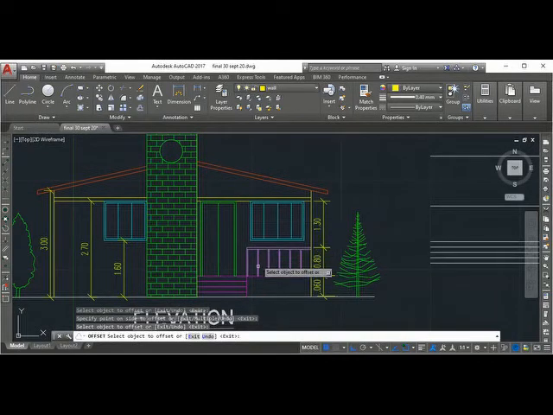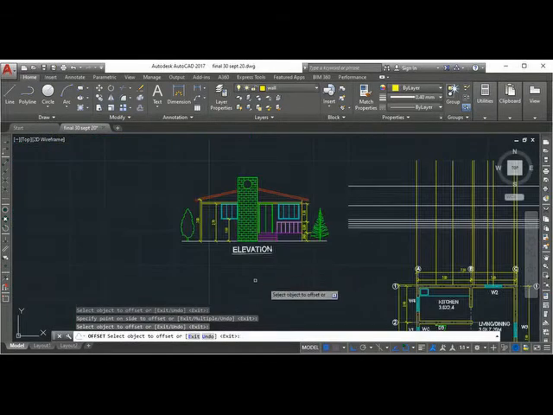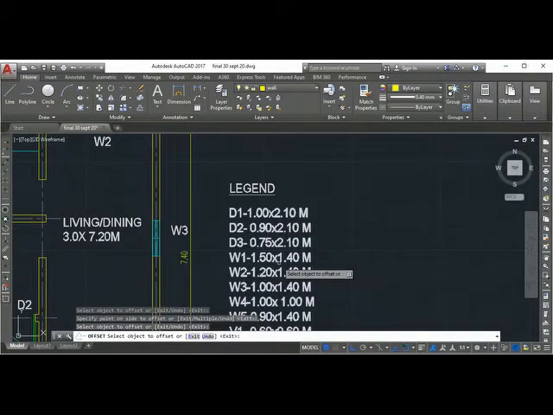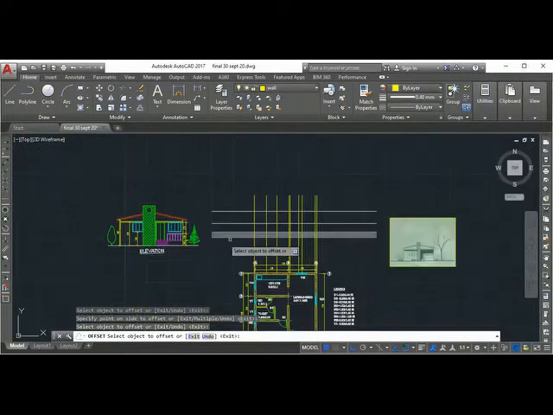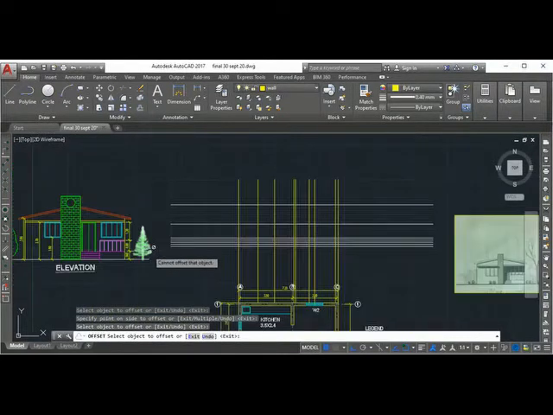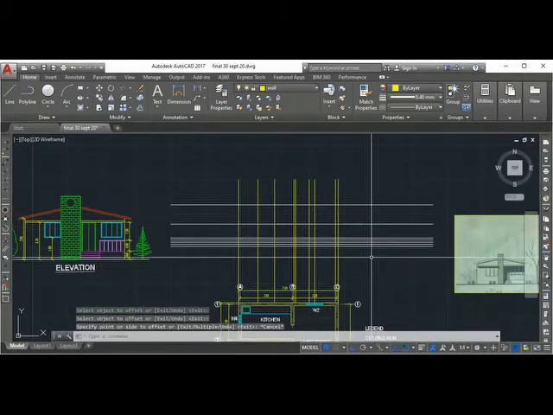So this should be 70 only, not 1 meter. Correct? From floor to top of the door is 2.1. You can see here in the dimension 2.1, and window height is 1.4. So 2.1 minus 1.4, your sill height is 0.7. So there is a small mistake in this drawing. What we'll do is this height should be 70.